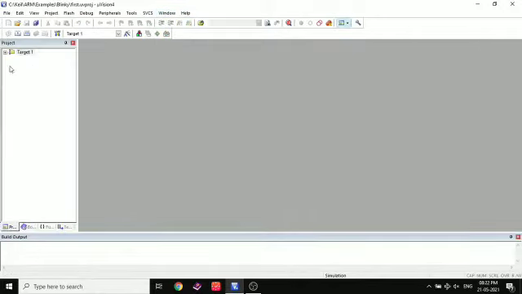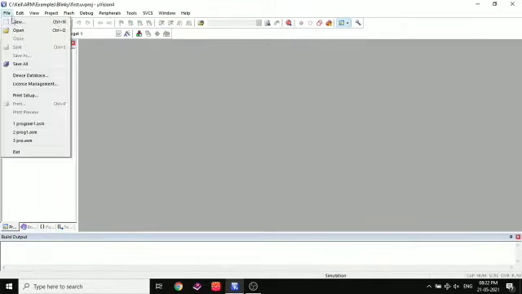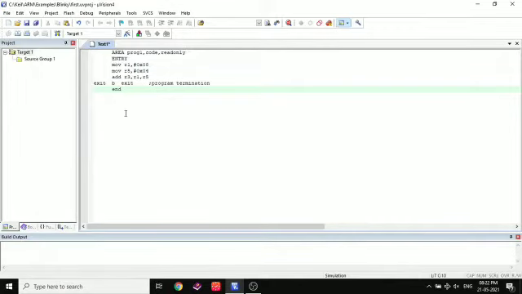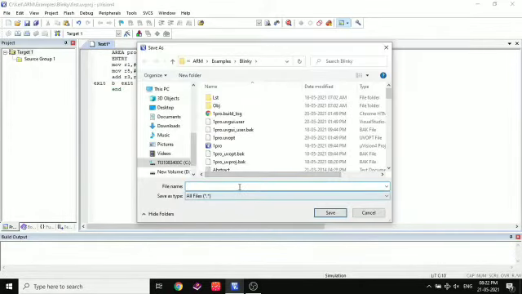And if you can see it, go to Windows and you can press on the default to see the project menu. Click on New to create a new file in that project, and here is my program. It is an assembly level ARM program, and click on Save and